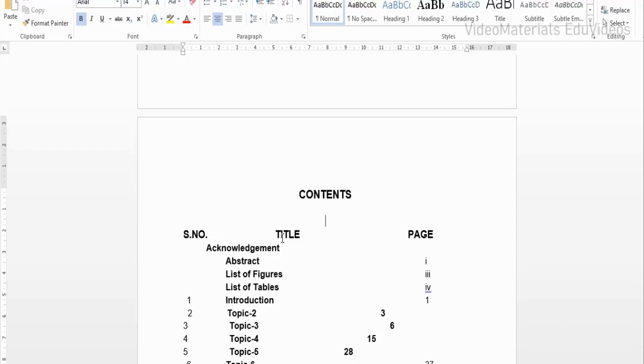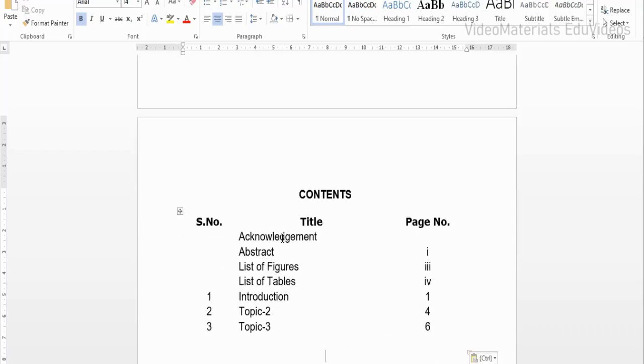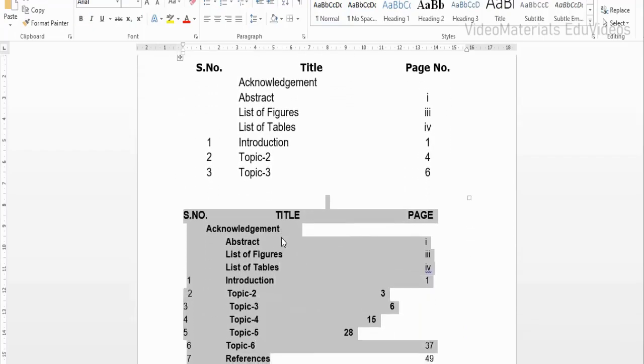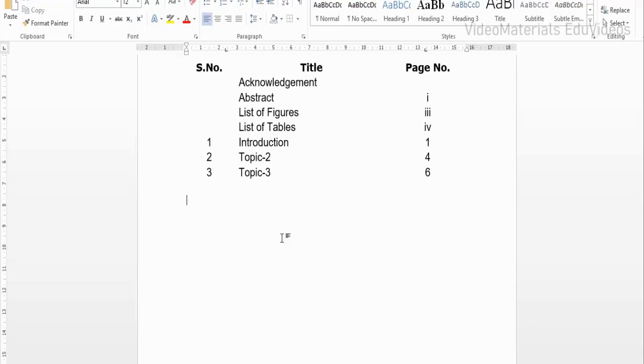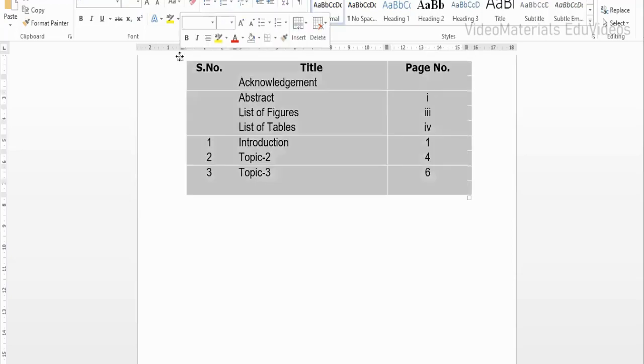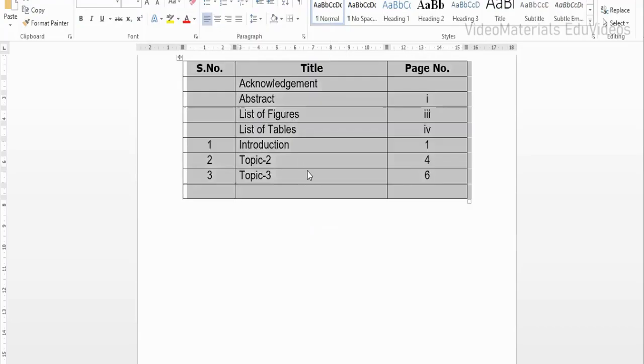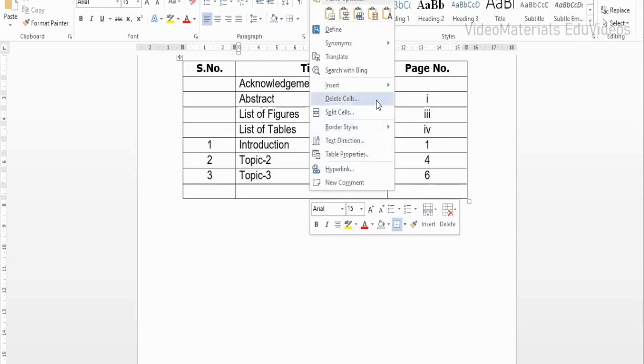Now I'm going to place the table by pasting it, because I have copied earlier. Now the cursor is blinking here. Anyhow, I'm going to remove this sample content here, which I have typed to show you. And now I would like to select the table, and I would like to apply the border, and I'm going to remove the last row which is empty, which is not necessary here.